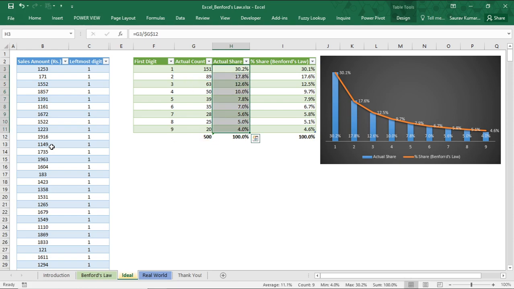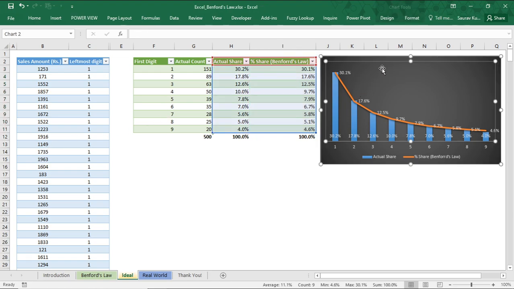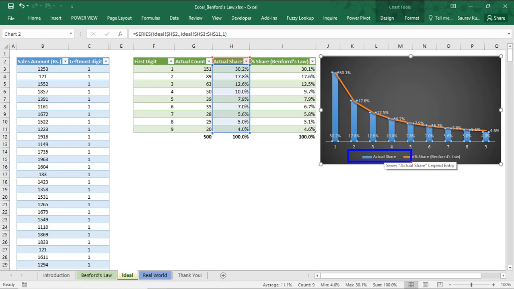So on and so forth, I have calculated the actual share, and here I have put the percentage share which should be applicable as per Benford's law. Now, on putting it in the form of a chart, because it becomes easier to visualize and understand, you see the bars are representing the actual share of data, whereas the line is representing the Benford's law share percentage. If you see, both are coinciding, which implies that my actual data is in synchronization with the Benford's law,